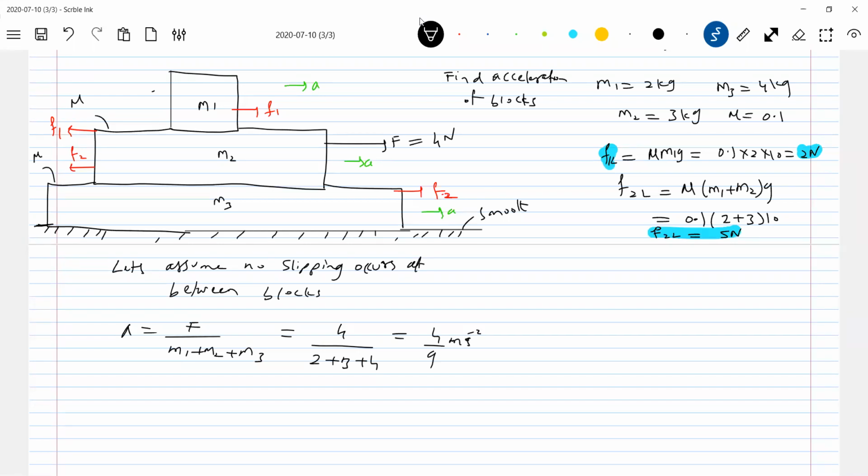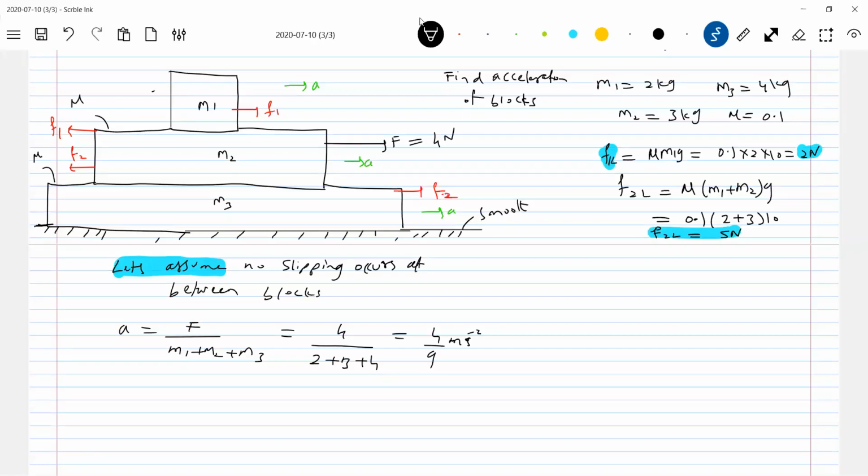No problem, just keep it here. Let's assume. It means the teacher himself is not sure whether slipping actually occurs or not. But I'm going to just carry on. I'll verify whether what I assumed is right or wrong. Got it? Now let's directly come to F1.